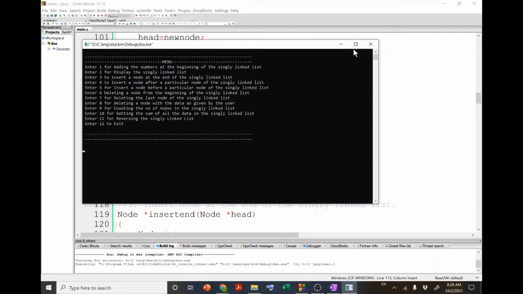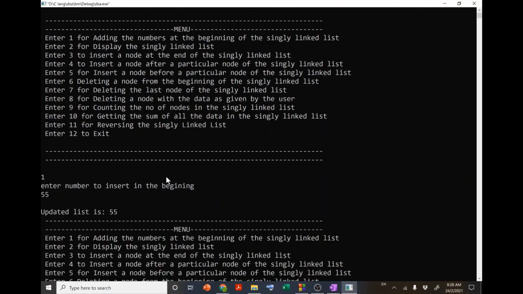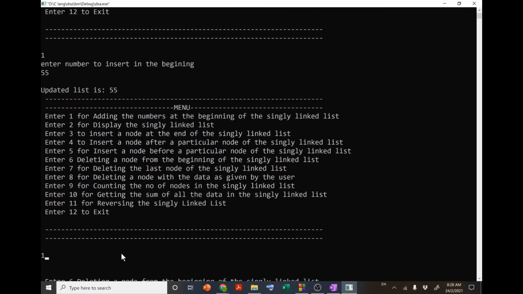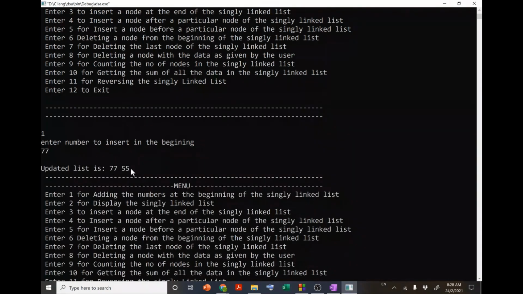you can see that it displays the complete menu, and since we have discussed only the first two, I am going to execute these. If I enter 1, it asks me to enter a number to insert in the beginning. Let me put 55, so the updated list is 55. Now again if I enter 1 and enter 77, the updated list is 7755.